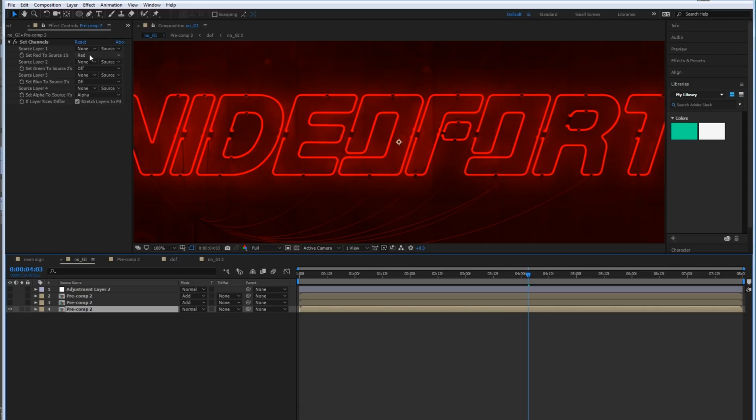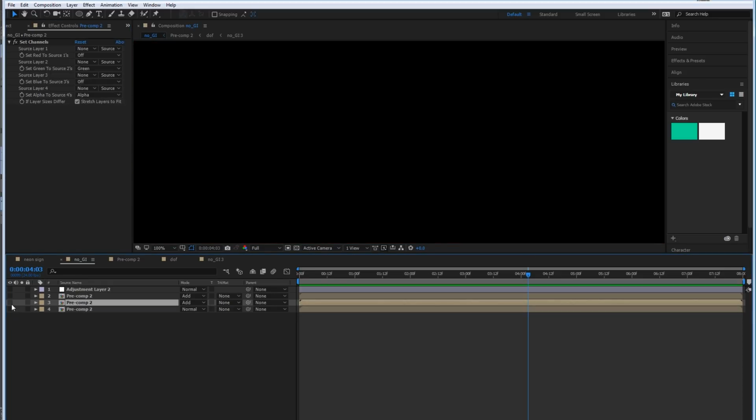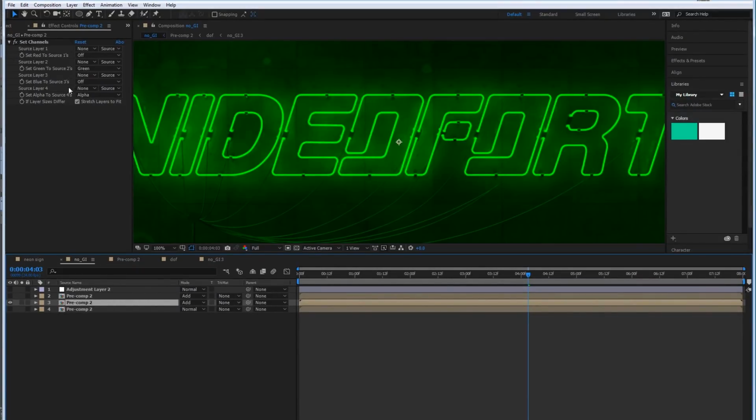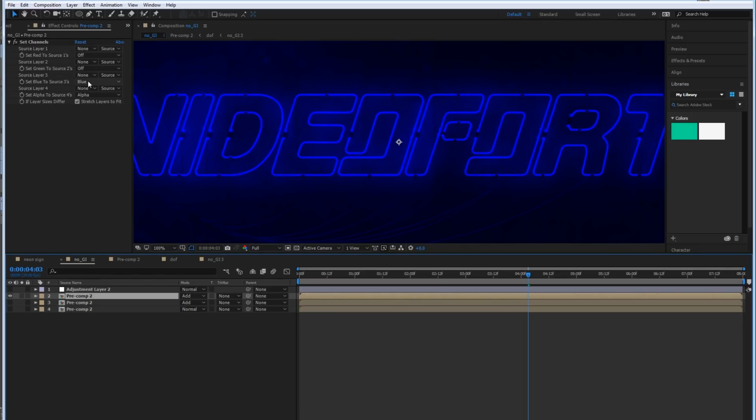So on this first one we have red, and then green and blue are turned off. On the second layer you turn on green, so red and blue are off this time, and you get the idea. On the last one it's blue, which is on, and then red and green are set to off.